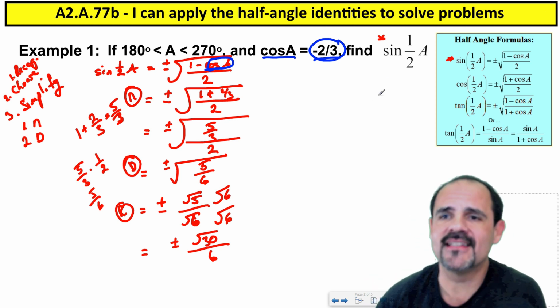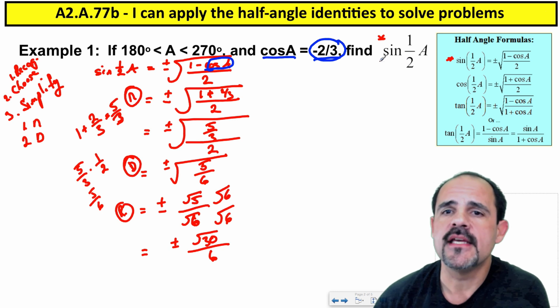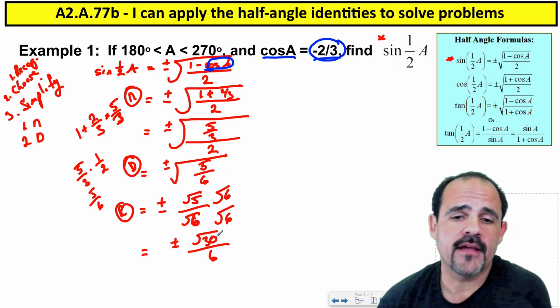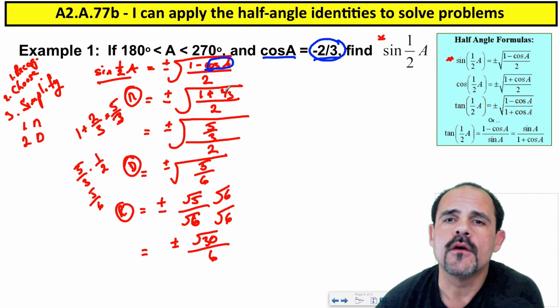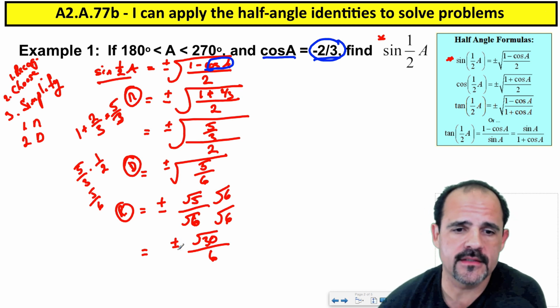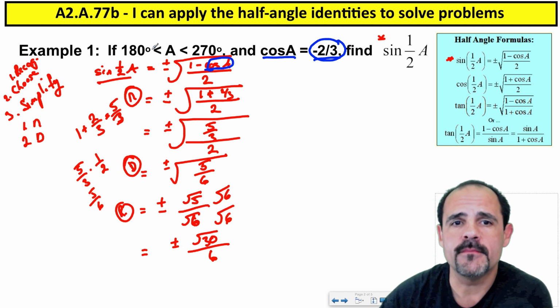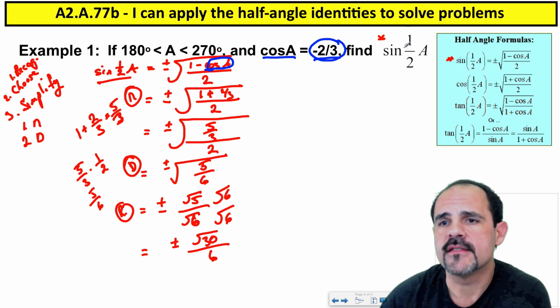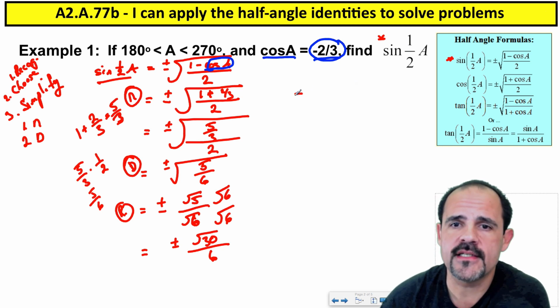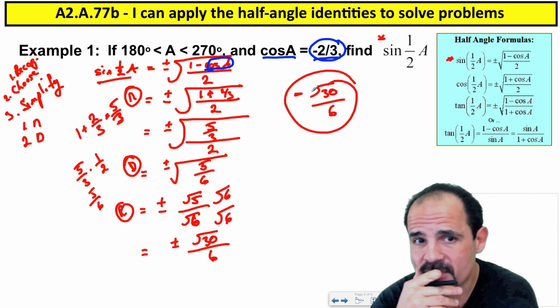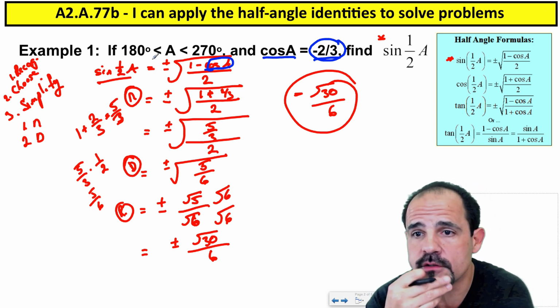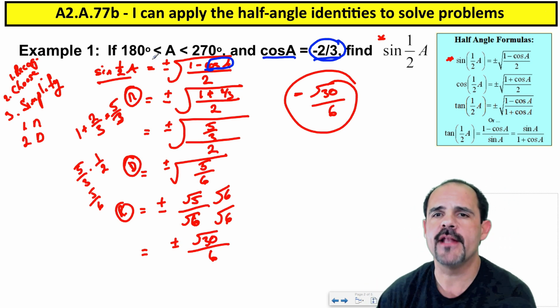But it wants you to find the sine of the angle. Now, this is the sine of 1/2 of the angle, as we've kind of figured out over here. We just need to know which one to choose, either the positive or the negative. Well, we know it's in between 180 and 270, so the sign is going to be negative there. So we're going to take the negative option, negative rad 30 over 6, and you're done. All right? That's why they tell us A is in between 180 and 270. Cool? All right, now,